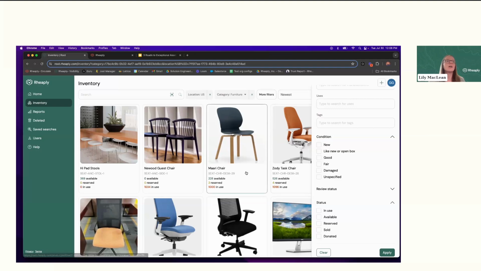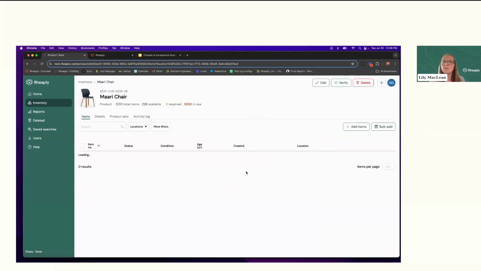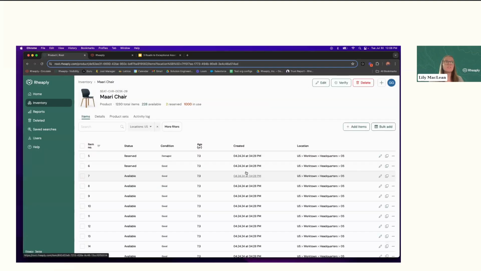So we actually track in each of these assets. You could think of this as a digital twin, right? This is a digital version of the resource in actuality in your portfolio. And as it exists in your portfolio, things change about this resource. So things like the age, things like the location as you move these resources around, things like the condition as these chairs get sat in, they start to wear down, they start to get damaged, and things like the status. So we can denote when resources are available for use in other locations, when resources are reserved for other projects internally, and when resources are actually in use.